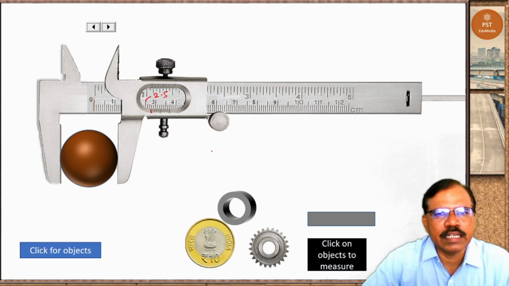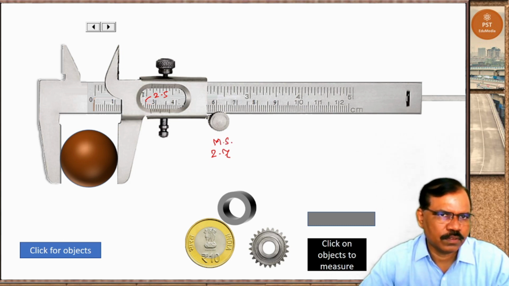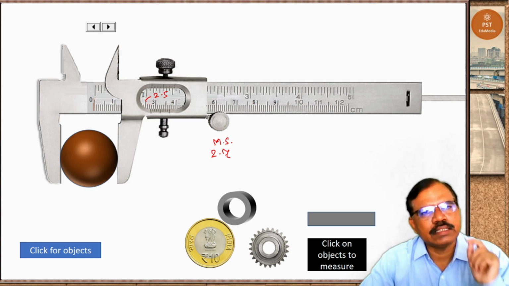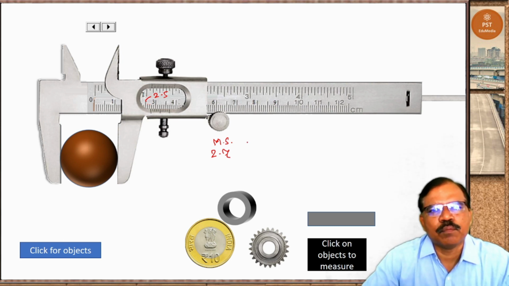So take main scale as 2.7. This is main scale because it has crossed 2.7, but it hasn't crossed 2.8. So main scale is 2.7 plus now vernier scale.